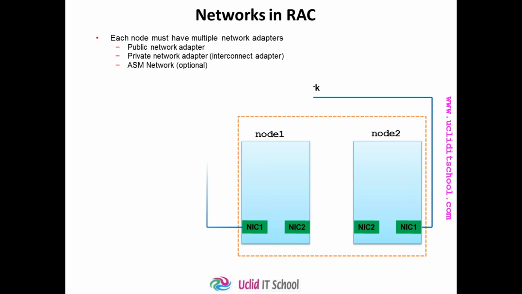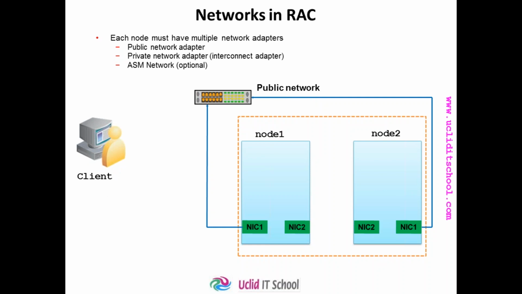Now, NIC1 is going to the public switch. So NIC1 is used to implement the public network. Any client in the network accesses the cluster nodes through the public network. So this is the public network. Apart from the public network,